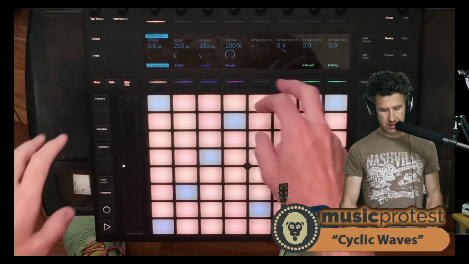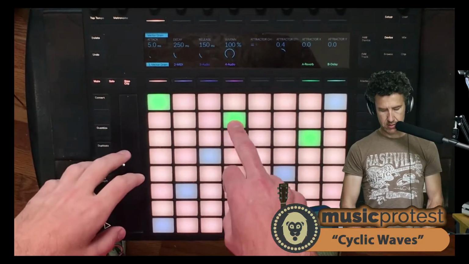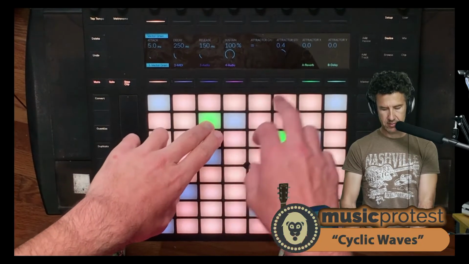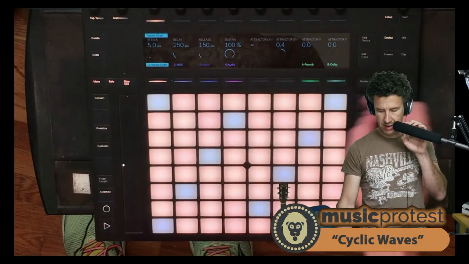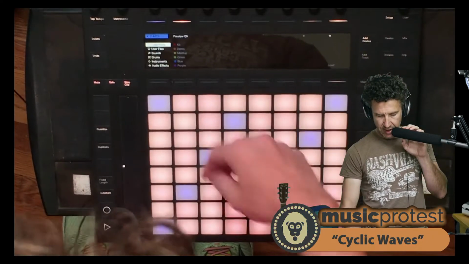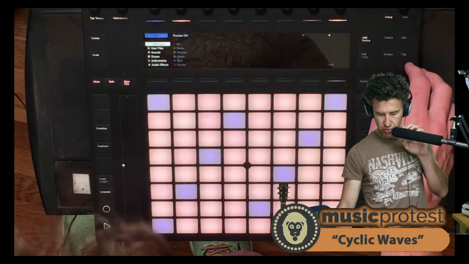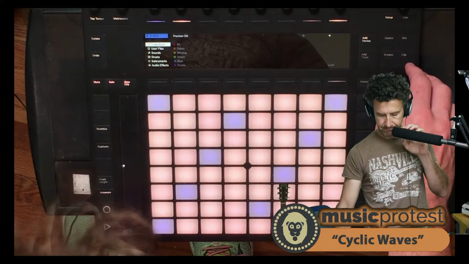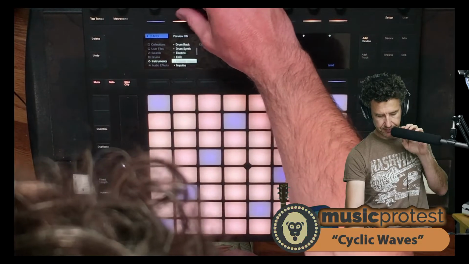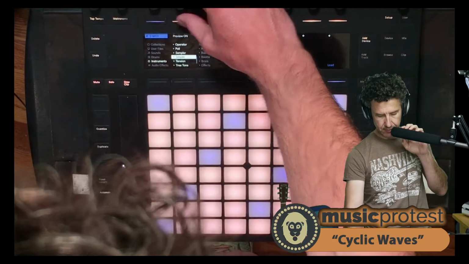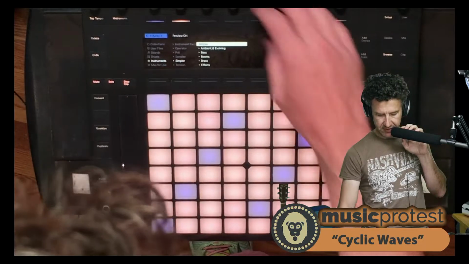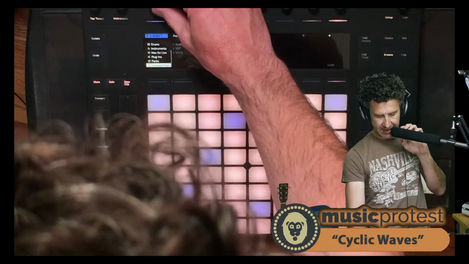I don't think I get a lot of control over some of the elements that I'm used to seeing, but if I were to go, say, to a different MIDI track, I'm going to add just a straight up Simpler, right? And then I'm going to browse to find my sample, go down to packs,